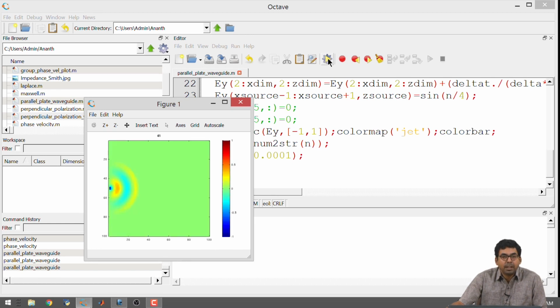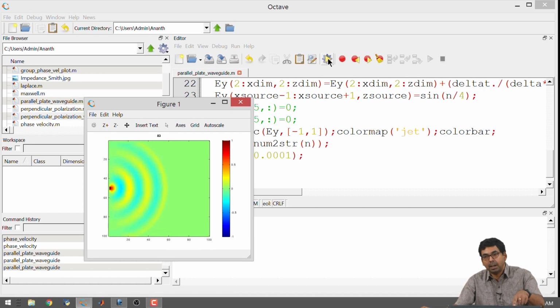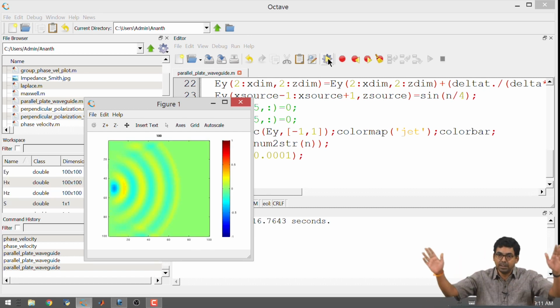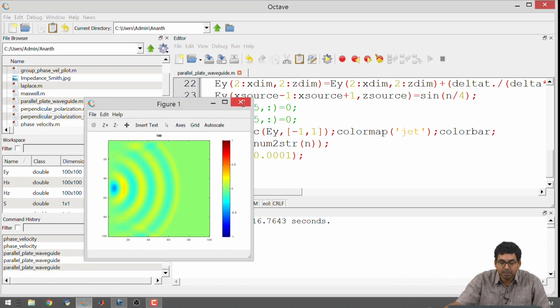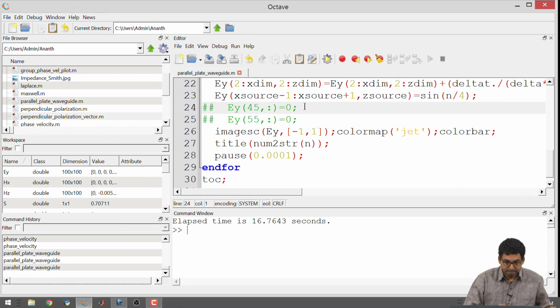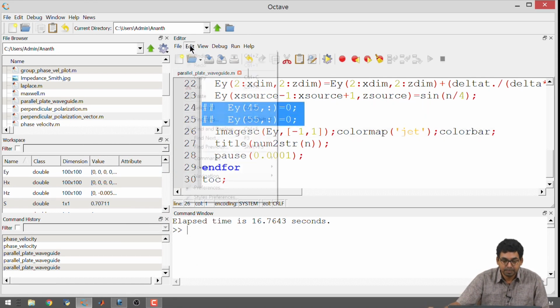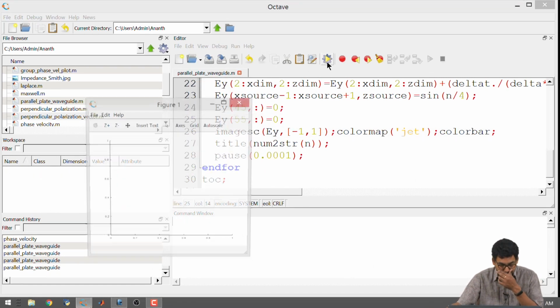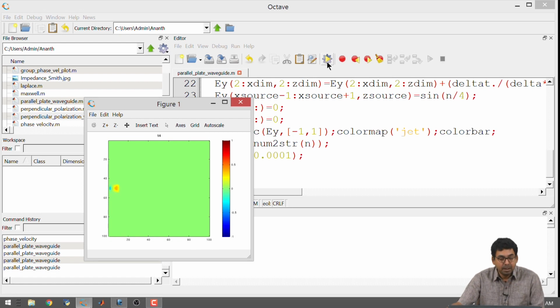I notice that in both cases the field patterns are definitely different. So, those 2 lines are having some effect. In the case where the lines are commented, I noticed that I had a point source on the left side and it is clearly diverging and producing some circular wave fronts. Whereas, in the case when I had the 2 conductors, I do not have this diverging thing happening. I see that something is traveling from left to right. So, that gives me hope.